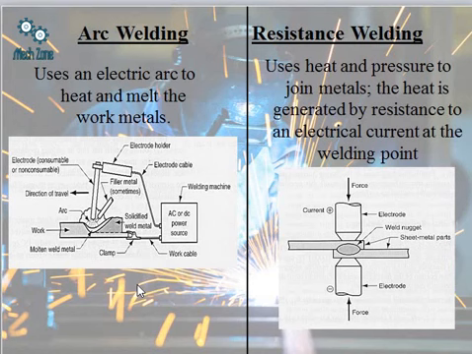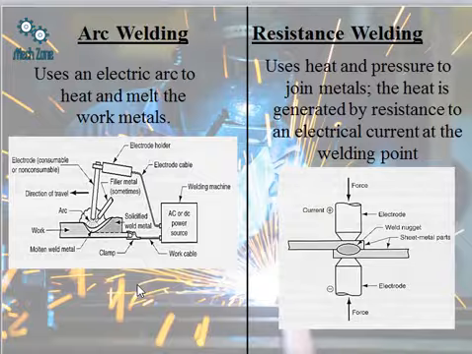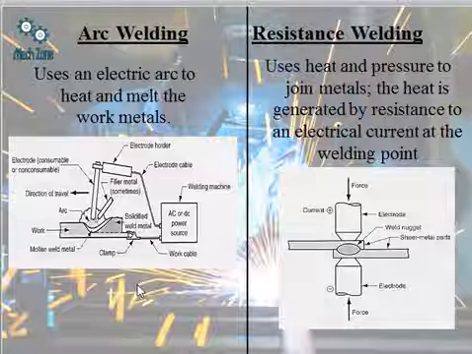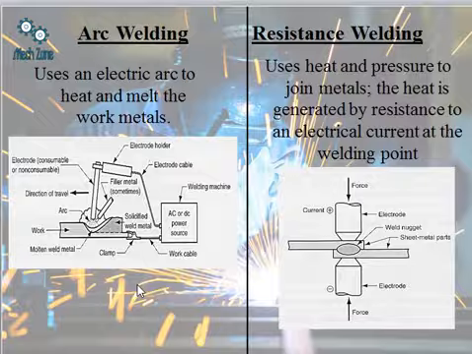In straight polarity, more heat is generated on the workpiece as compared to the electrode. So here melting of the electrode is not taking place, only the heating of the workpiece. Majority of the heat is on the workpiece, whereas in case of the reverse polarity, the heat is mainly generated on the electrode as compared to the workpiece. Straight polarity is used for high thickness and high melting point materials. Why? Because here the heat is mainly generated on the workpiece,